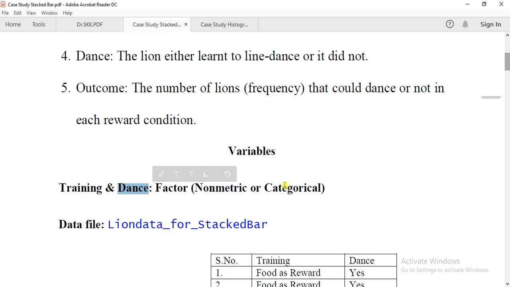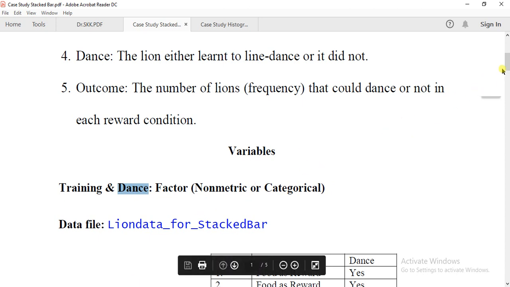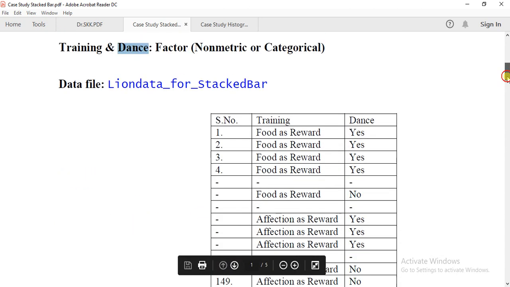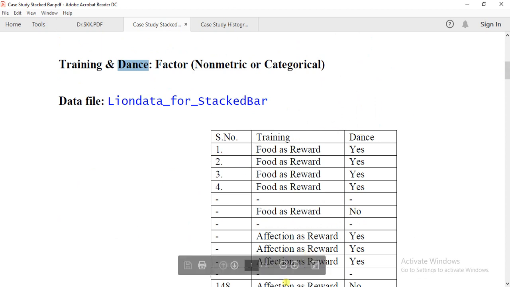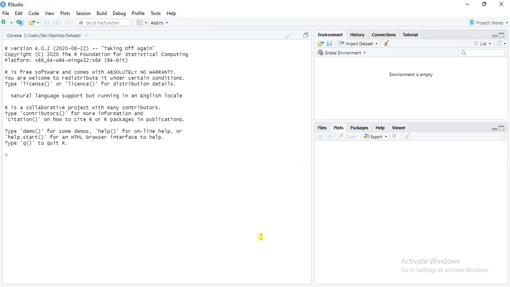Both the variables are categorical, and a stacked bar is possible only when we have non-metric or categorical data. So our data file is this. Let us start. First of all we will import the file, import data set.